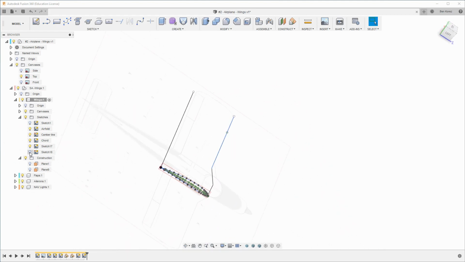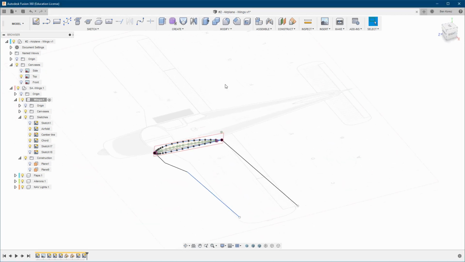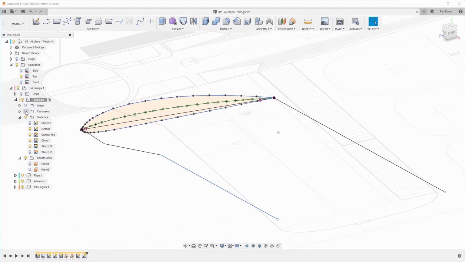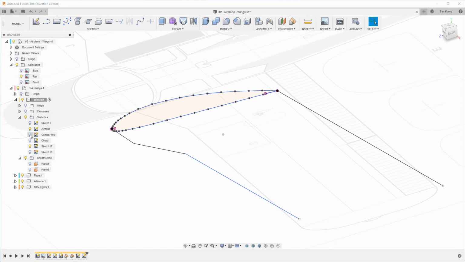Okay, so we are ready. We can start by turning off the canvas here, so it's not going to bother us. We don't need the chord, we don't need the camber line as well. So we're going to do a normal